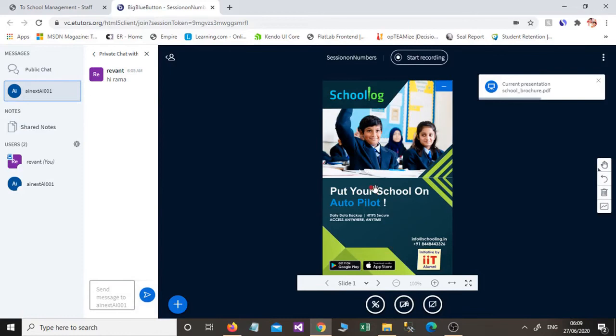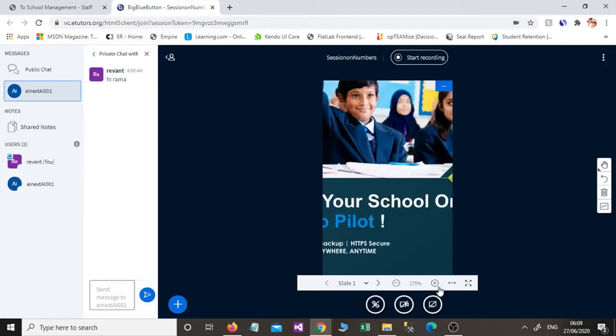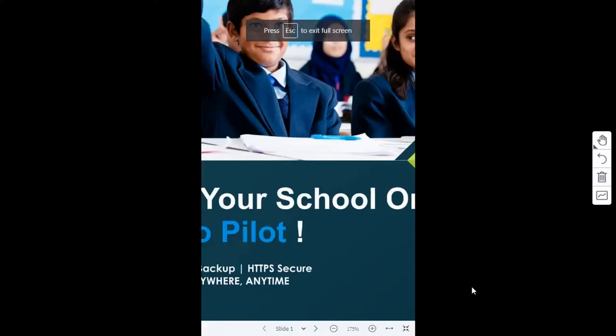Now the presentation is shared. So the teacher can start his classroom through presentation teaching. Here he can move the slides, he can zoom the slide, or he can maximize the screen into full screen. Teacher can play his presentation full screen, and during the presentation, if the teacher wanted to write something on the